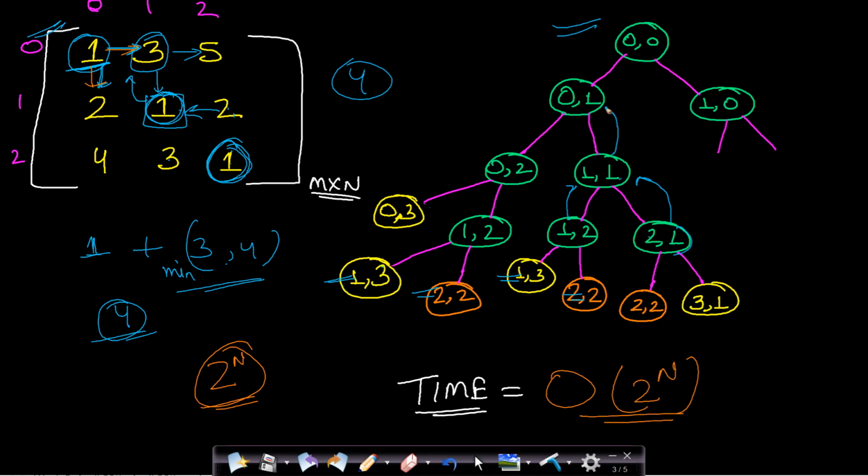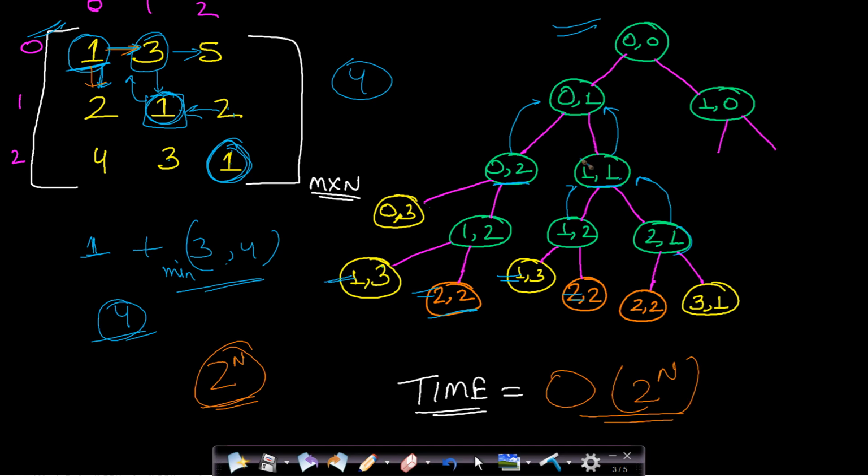Similarly, when this returns to 0, 1 and this 0, 2 returns to this 0, 1, then 0, 1 will know the minimum path length from 0, 1 to the last cell 2, 2 when these two nodes have returned their value. So you can see that solving the smaller subproblems is leading us to solve the bigger problem.